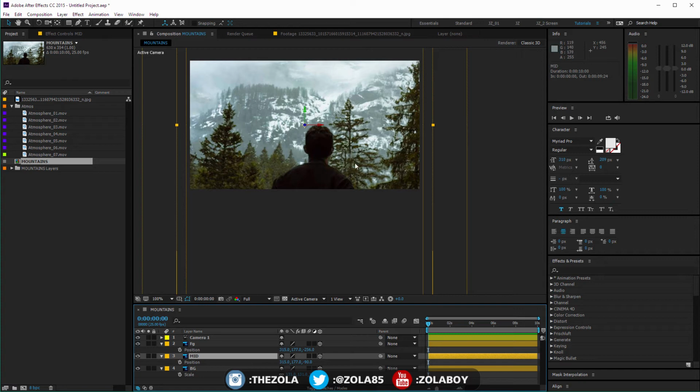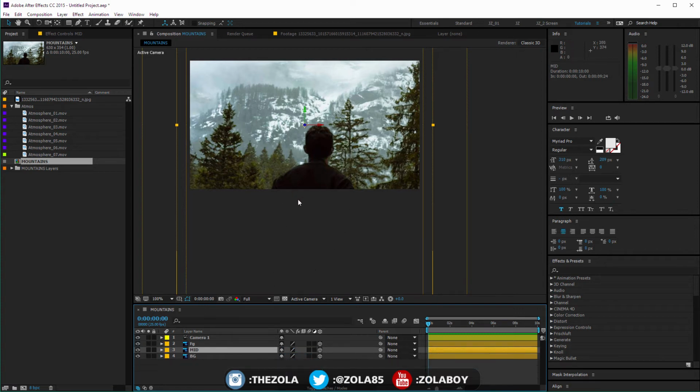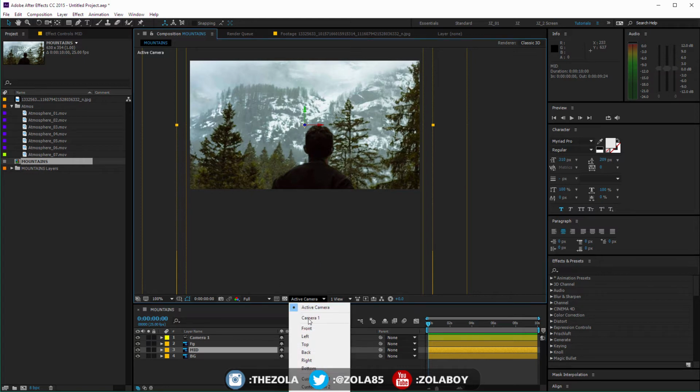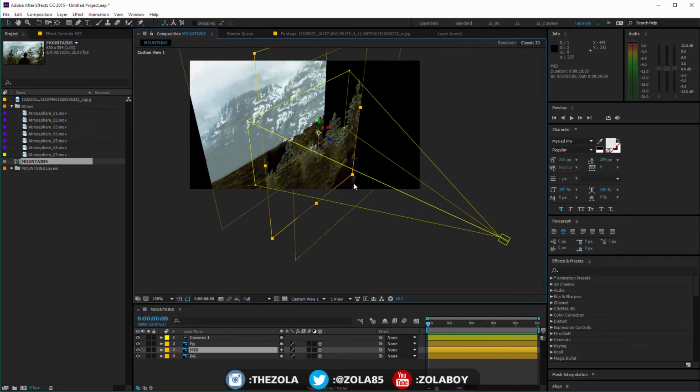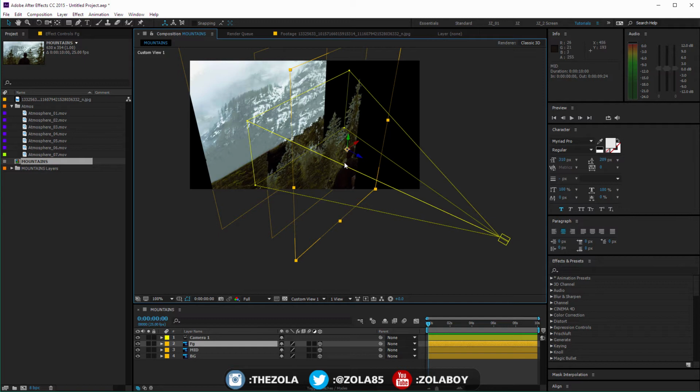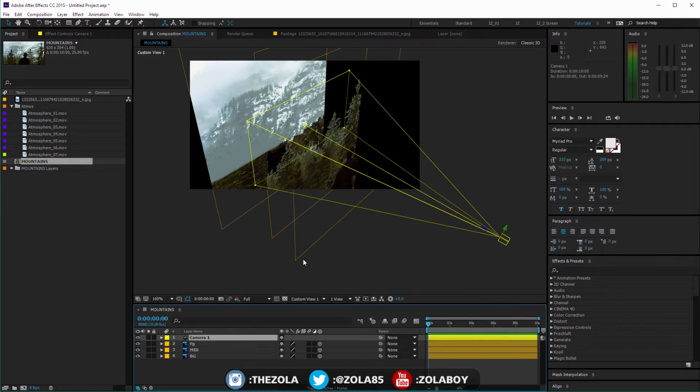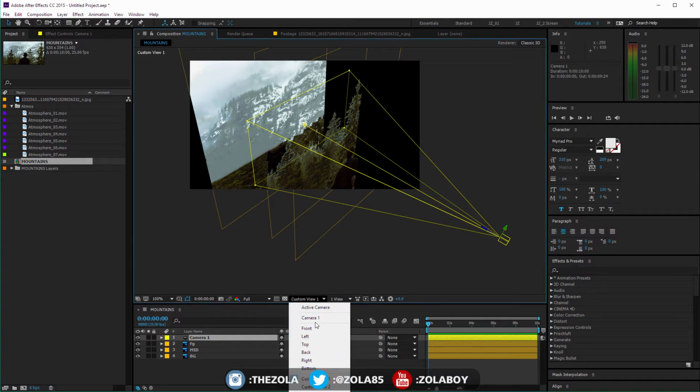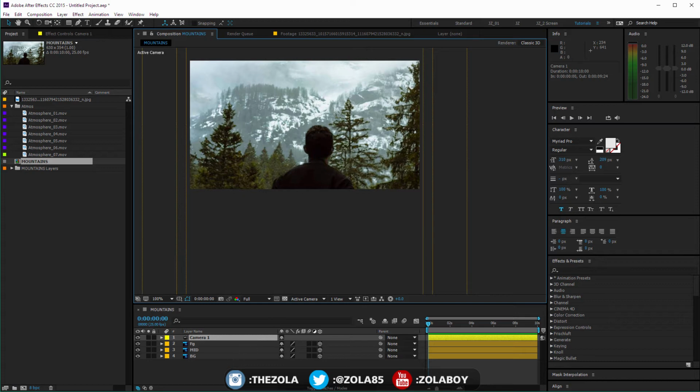Now what we're going to try and get is a phenomenon called parallax, which is when different layers are stacked in space like this, then the things closer to the camera will move more and the background will move less, which is what creates this 3D effect. So let's have a look if we can get that bang in.